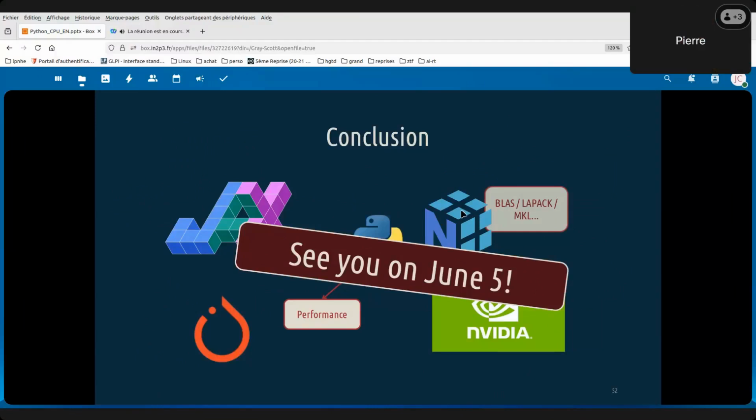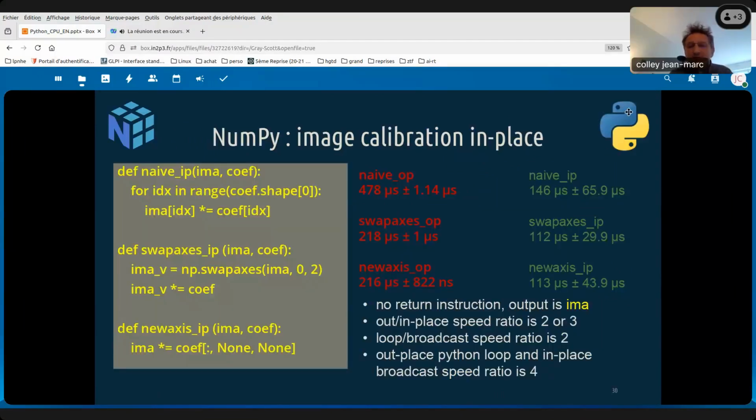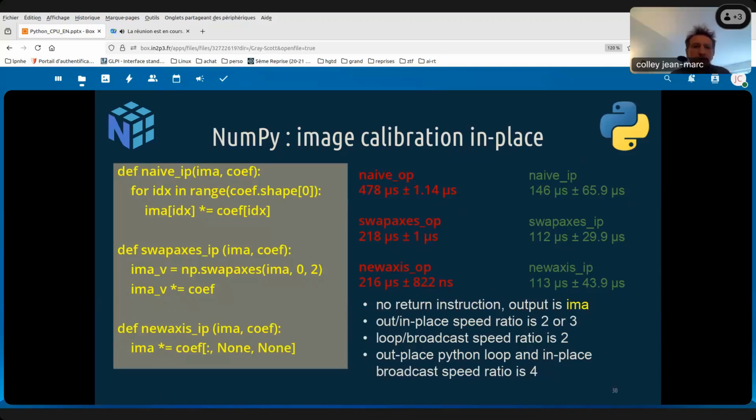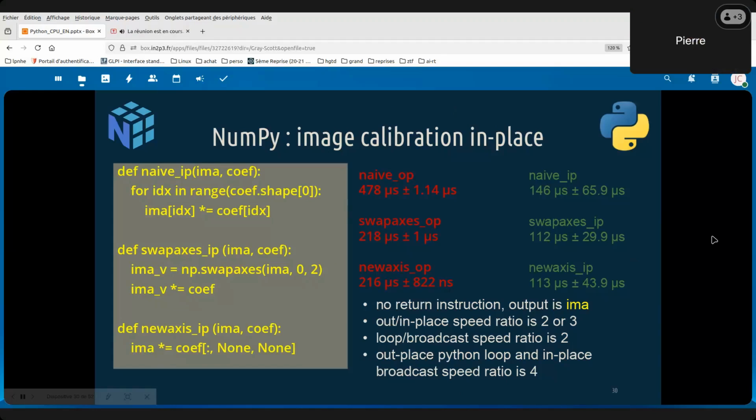Okay, there is one question for now about the uncertainties, because they are really, really high on the timing. But maybe you can specify the size of the arrays that you use for this example. Maybe it will clarify it. I don't remember. I have a notebook. I can share this notebook, and I think I used a very large array. Strange to have these uncertainties on a huge array. I was betting on the opposite, but